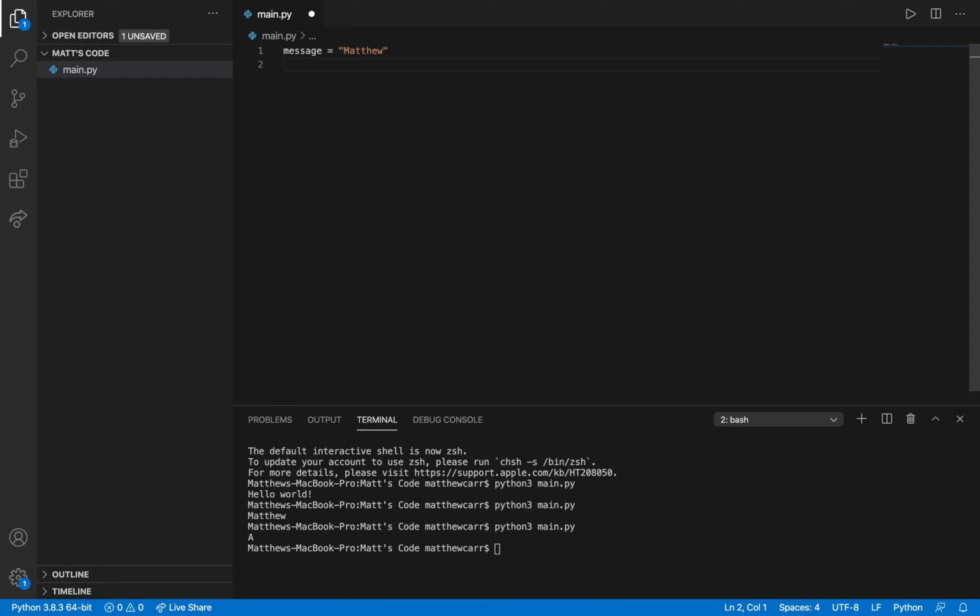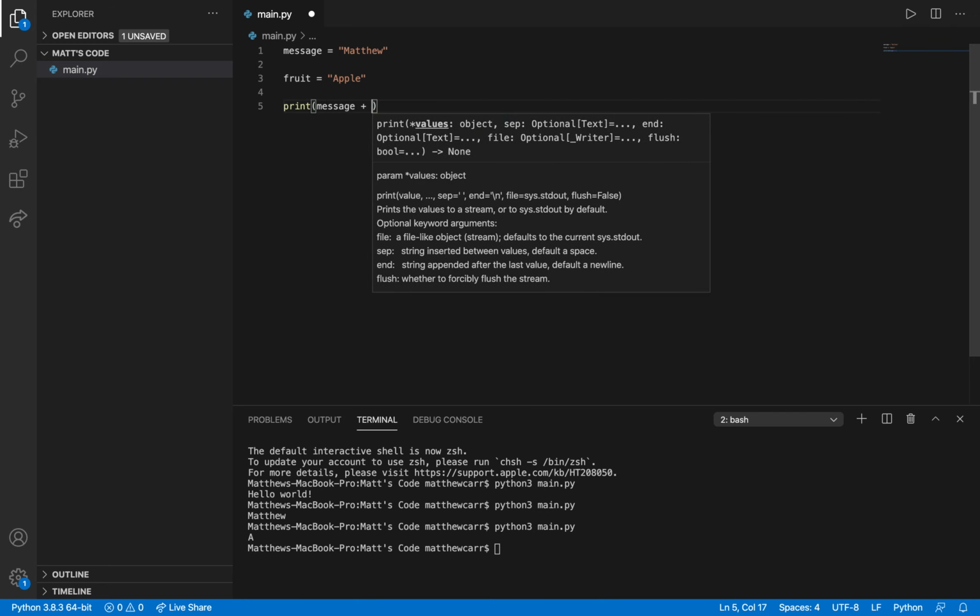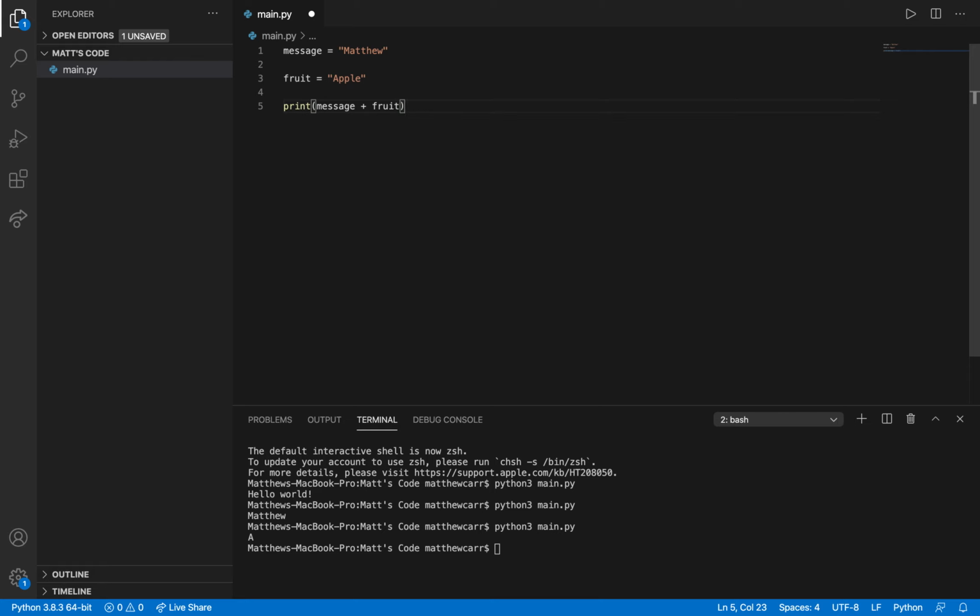And then let's say we have another variable, let's call it fruit, and we'll give it the value of apple. So if we do something like this, where we print message plus fruit, let me run this, we get Matthew apple.